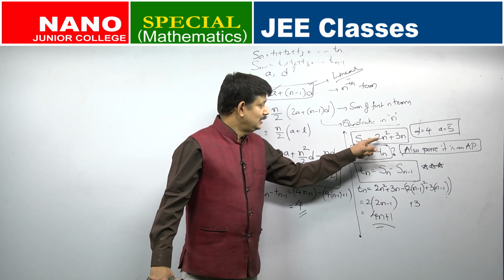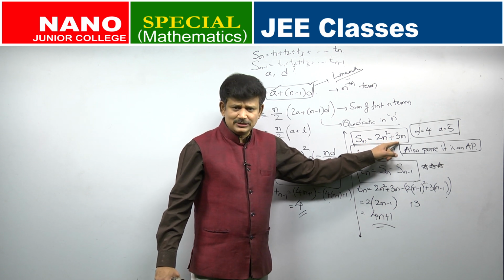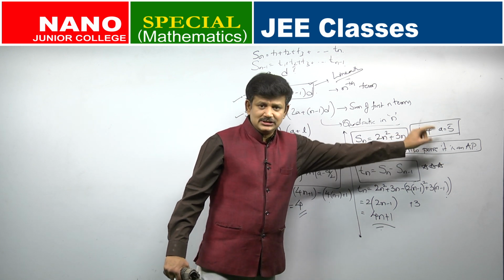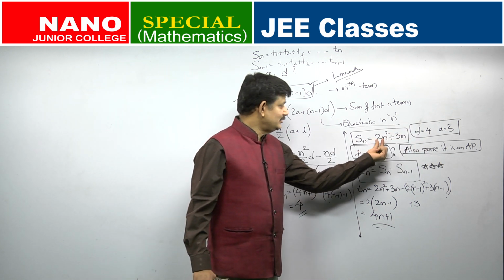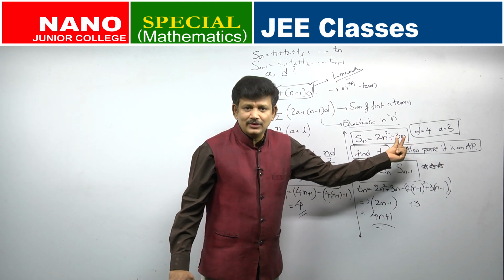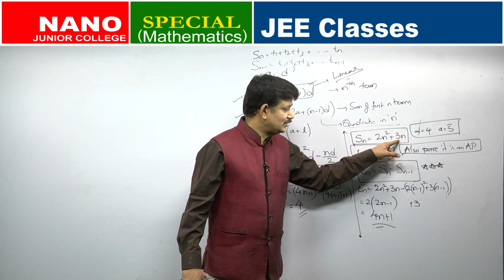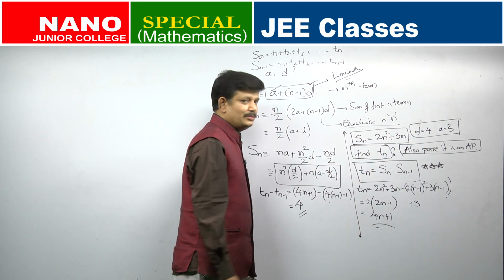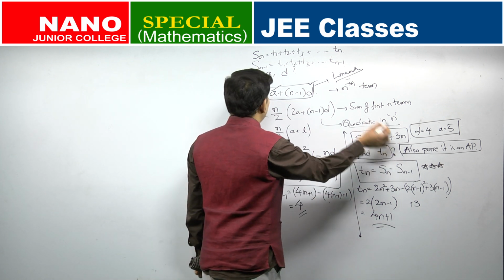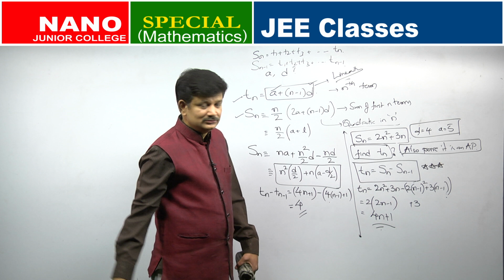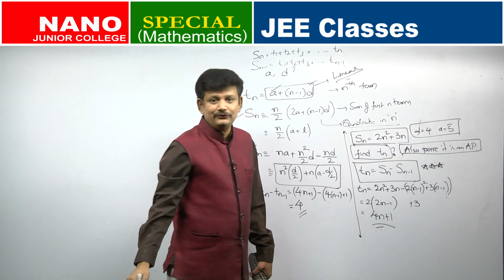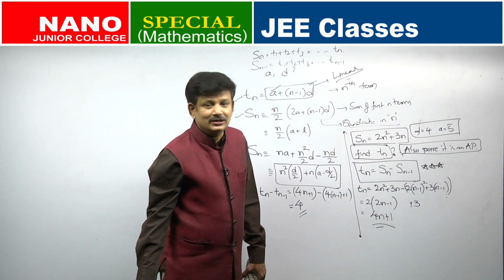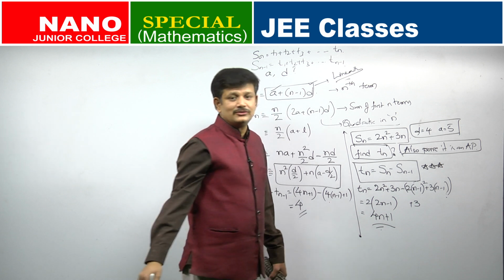What is this progression? It is in the form a n square plus b n. So, it is an arithmetic progression. 2 times the coefficient of n square will be your common difference, d is equal to 4, and what will be the first term? Just put n is equal to 1: coefficient of n square plus coefficient of n, 2 plus 3, a is equal to 5. So, mathematically also it is not something we are memorizing, just put n is equal to 1, S 1 is simply T 1. So, 2 plus 3, 5 is your first term, and put n equal to 2 and subtract, you will get d, or simply 2 times the coefficient of n square will be your d.